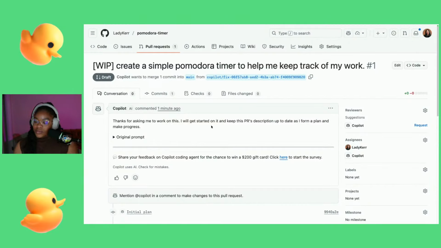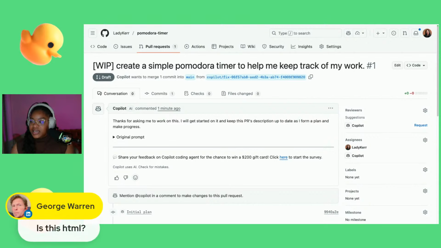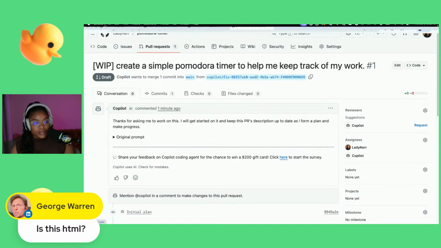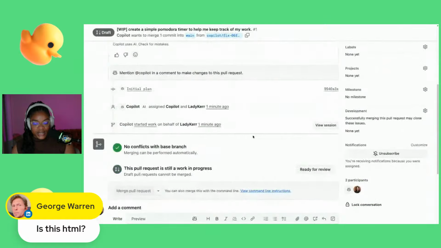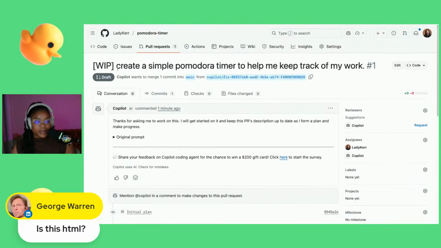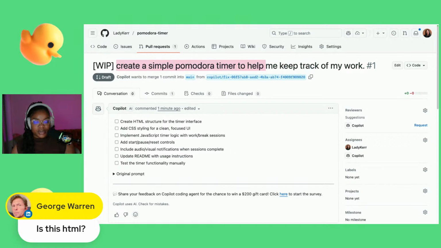George says, is this HTML? So we don't have any type of coding on the screen right now. Right now, we are in a GitHub repository that we just created, and GitHub Copilot went ahead and took the initiative to create an issue for us, and it's actually working on implementing an initial starter for our prompt here to create a simple Pomodoro timer.